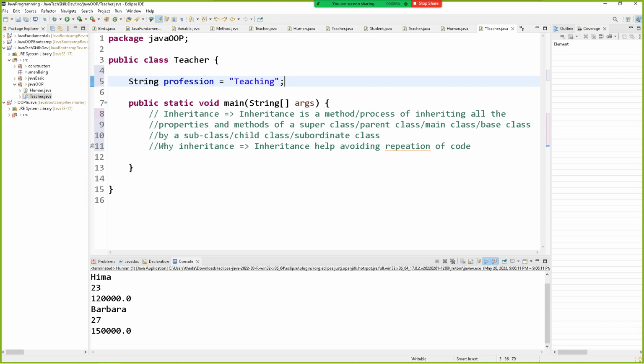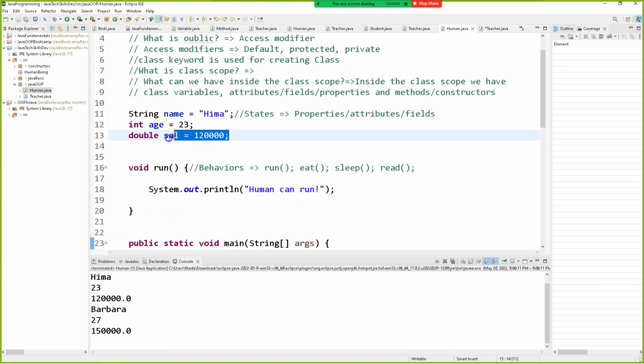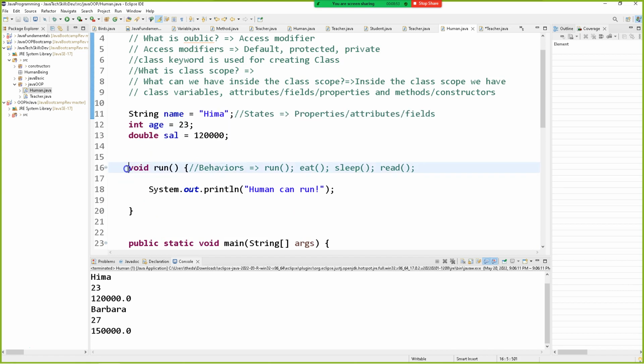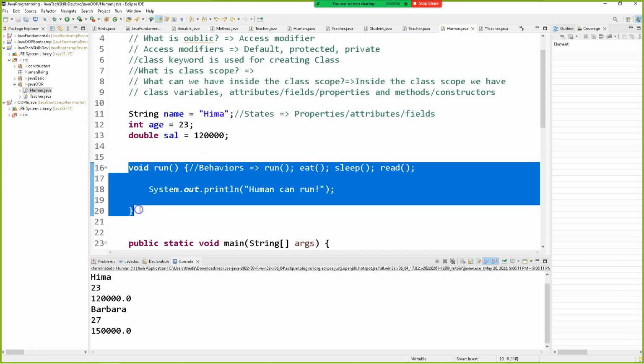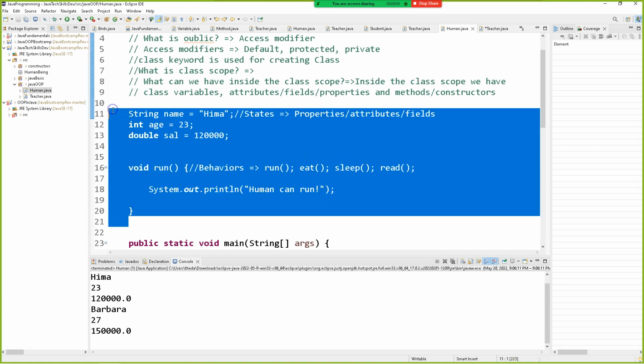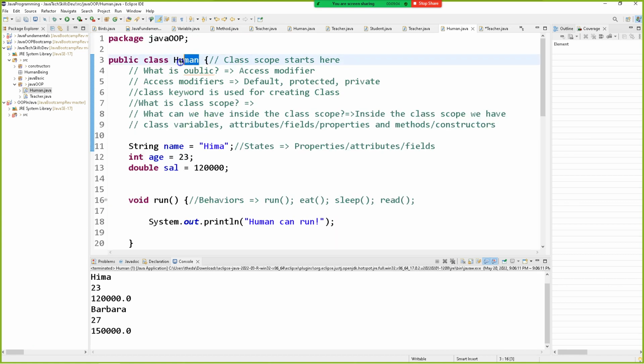We don't have the teacher's name, age or salary, but we can access all the attributes of this human being. Whatever we declare and define here, whatever method we created here, we can access all these properties and methods from the Human class